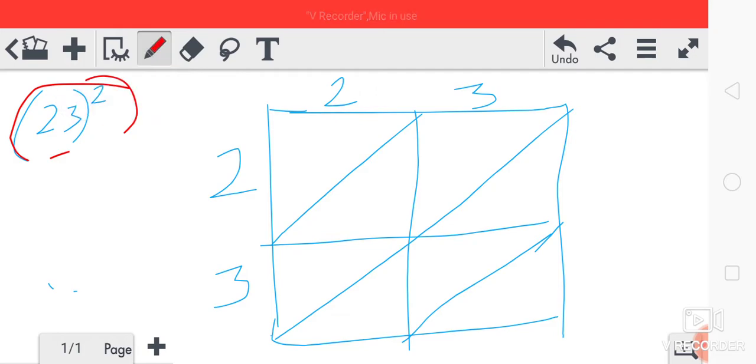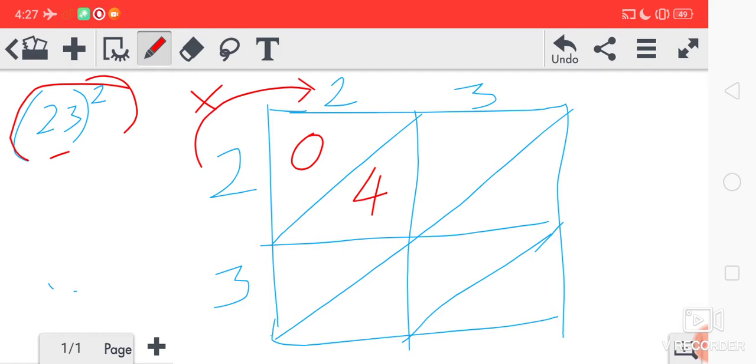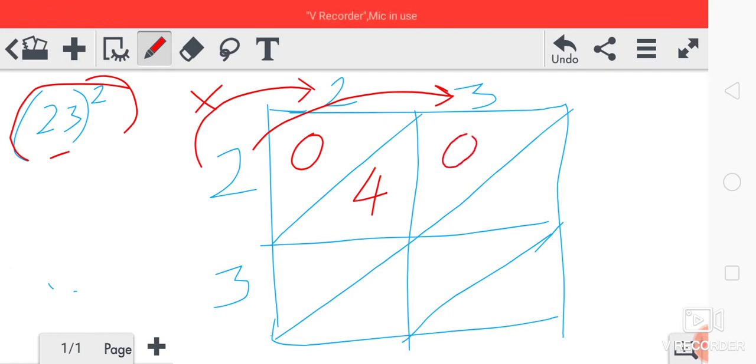Pay attention. First of all, this 2 and this 2 we have to multiply. 2 into 2 is 4, so we write 0 4 here. Then this 2 we multiply with 3. 2 3s are 6, so just below 3 we write 0 6.